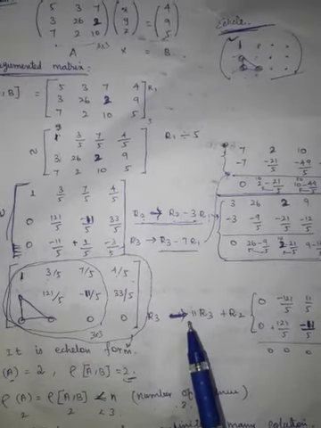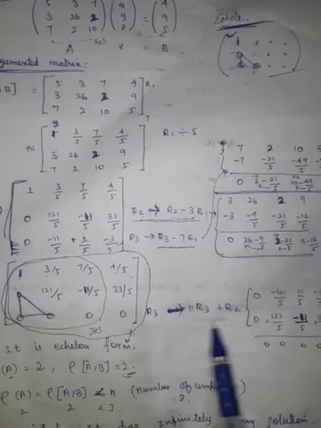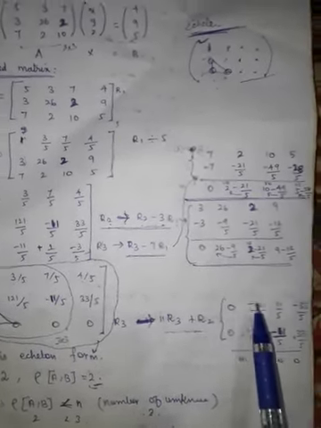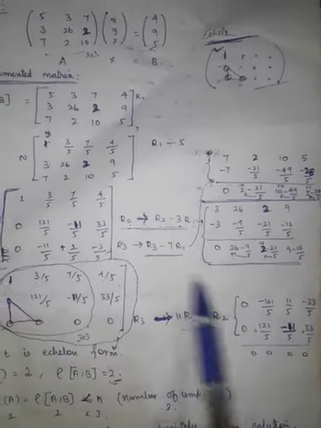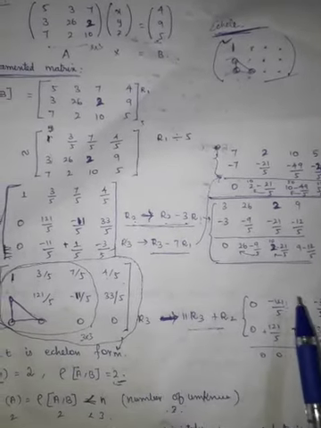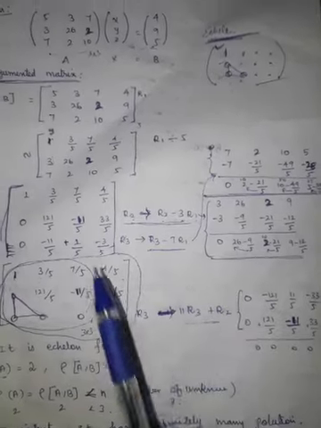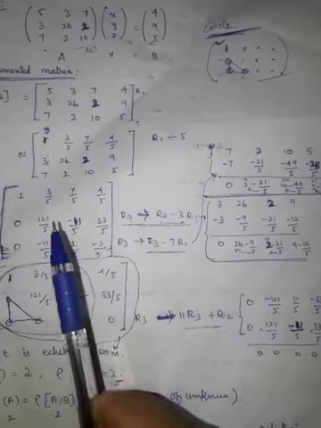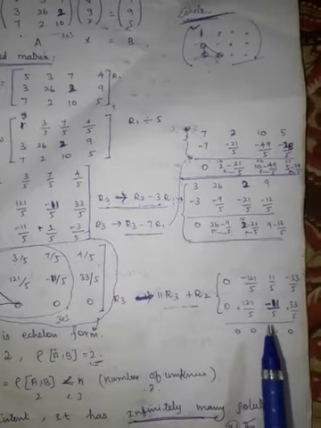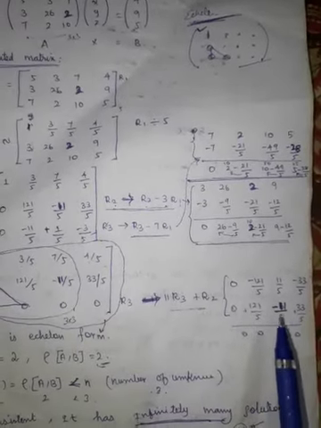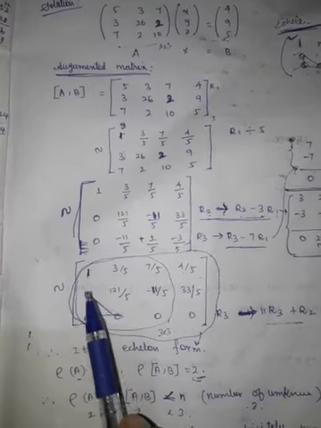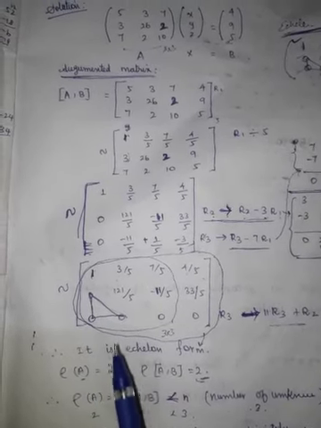So see the conditions here. 11 R3, so R3 0. 11 into 11 are minus 21 by 5. 11 into 1 are 11 by 5. 11 into 3 are minus 33 by 5. R2 value, so R2 value 0, 121 by 5, minus 11 by 5, 33 by 5. If you add these two rows, we get 0, 0, 0. So finally we get these three places become 0. So this is triangular form. It is called echelon form.